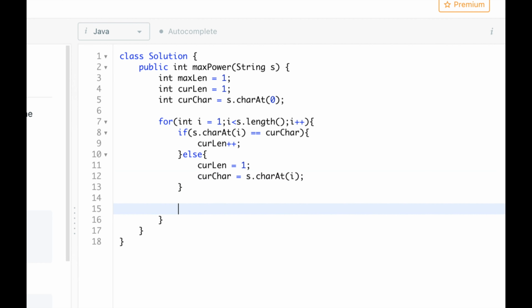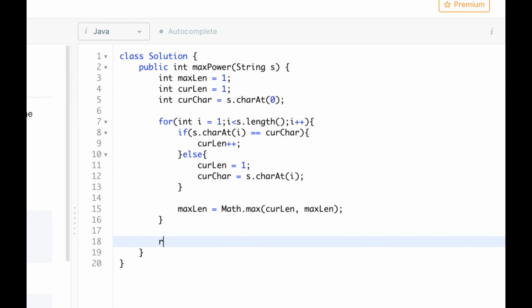After that you will compare the min and max. So maxLength will equal Math.max of curLength and maxLength, right? When you come out of this loop, you have the answer in your maxLength.